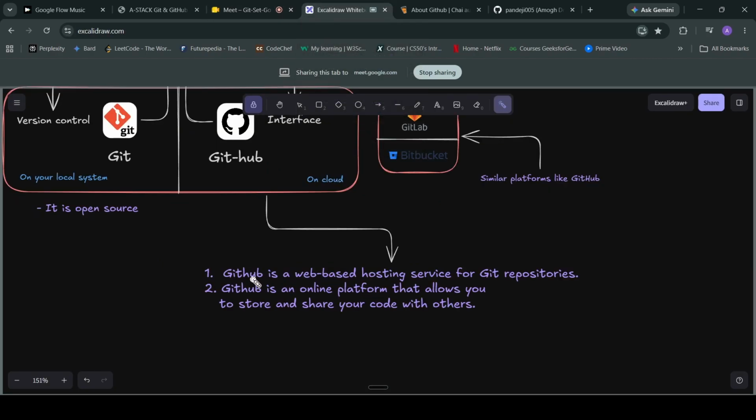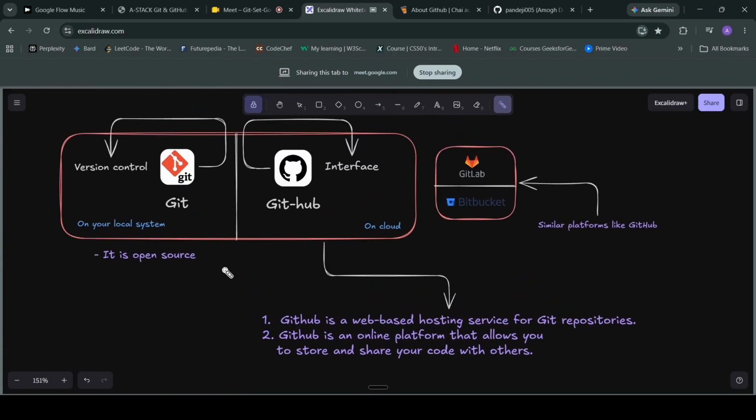So GitHub is a web-based hosting service for Git repositories. You can create Git repositories on your GitHub. This is remote, and it can be accessed by anyone on the internet. If you make it public, anyone can access it.